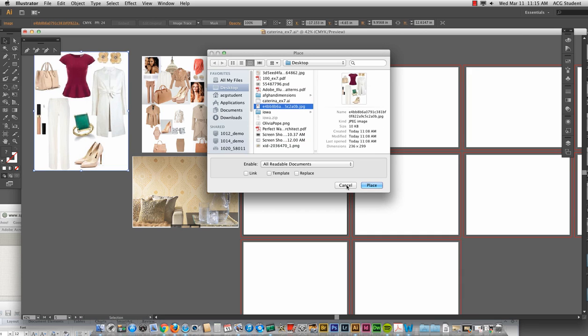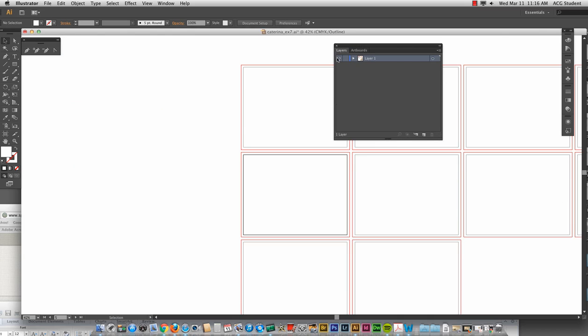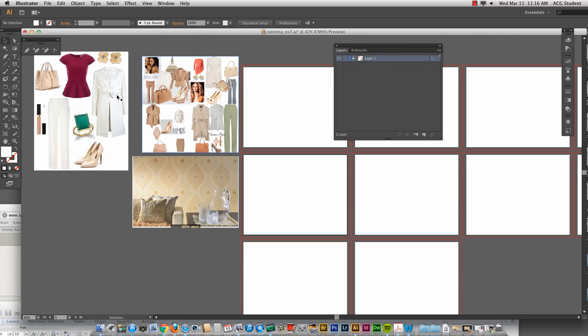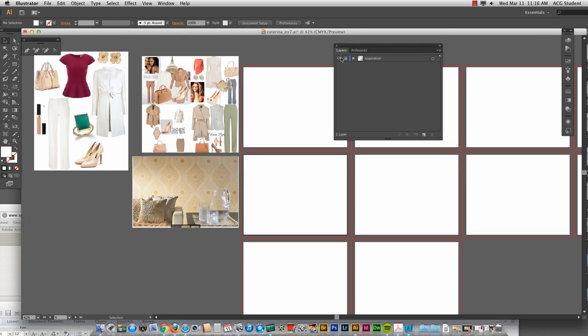Good. So hit cancel. Now, I'm going to look at my layers. On my layers right now, I just have those 3 inspirations. So I'm going to name that layer inspiration and turn it off. Lock it and turn it off. That way when I send this to a client, they don't have to see the inspiration, right? Or when I export it as a PDF. Well, anything that I export is not going to include anything that's on the scratch board anyway, but I want to keep that maybe hidden just for me.